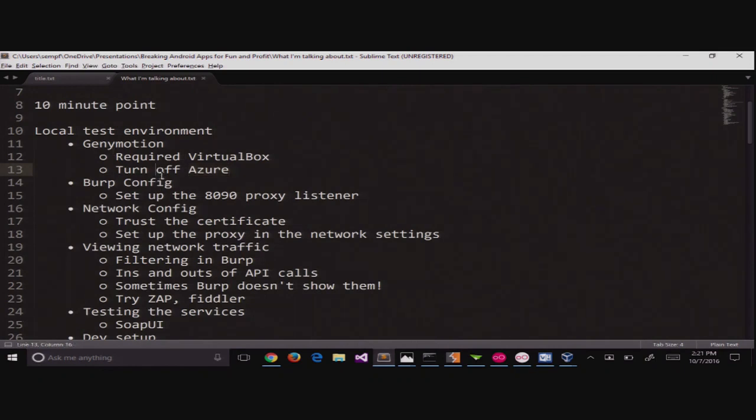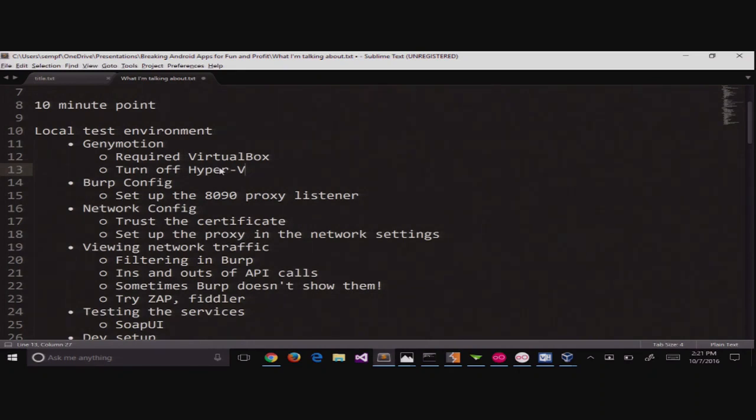If you're on a Windows platform, I didn't give my Windows speech. I'll have to give my Windows speech next. If you're on a Windows platform, remember that the Hyper-V bits interact poorly with VirtualBox. So if VirtualBox is erroring on you in Genymotion, so Genymotion just says, I can't do it, go look at VirtualBox, and you open VirtualBox, it's erroring too, go look at your Hyper-V settings in Windows, because every major update, Windows turns them all back on, and you need to turn them off. If you're using Hyper-V, you're not going to be able to do both of these at the same time.